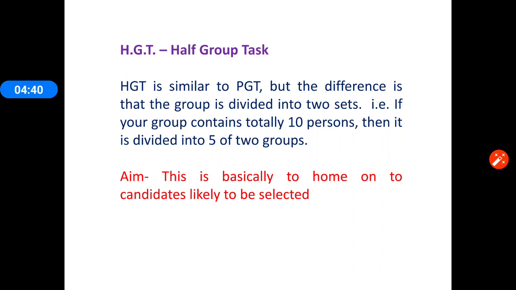The next one is called the half group task. In this, the whole group is divided into two parts. Now this is basically for a closer look by the GTO at potential candidates. A similar kind of obstacle is presented with a similar kind of helping material, and then the group is asked to cross. Again here, one candidate is appointed as a leader, and he can select two or three team members. In progressive group tasks, there are no leaders and team members, as I told you before.